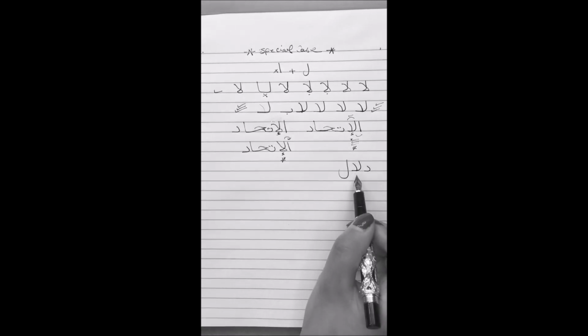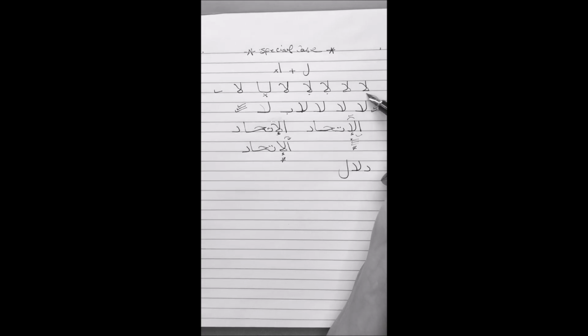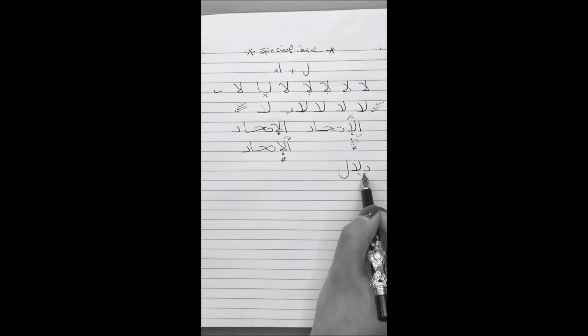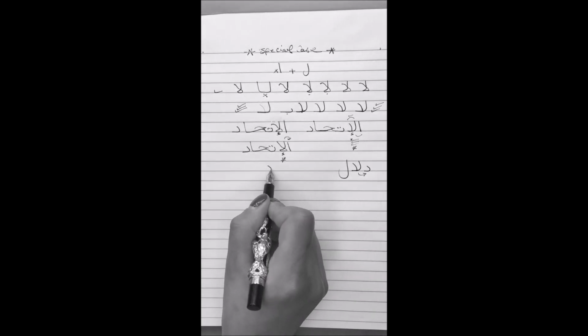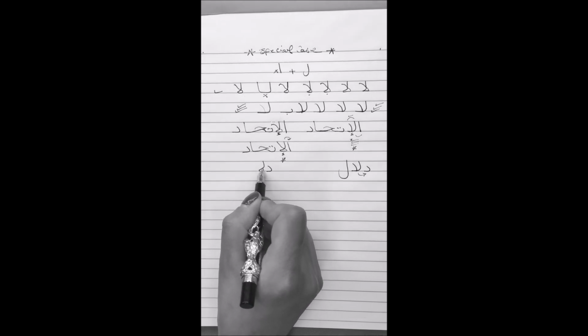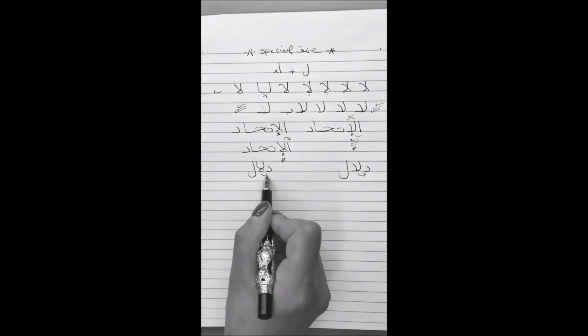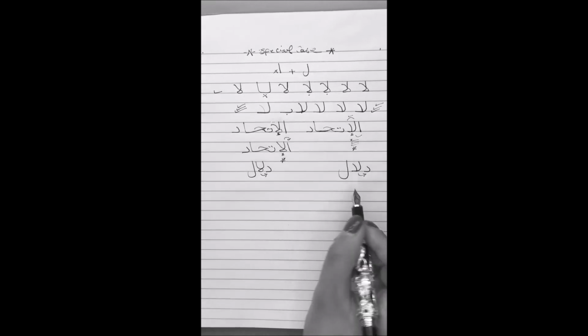Now I ask myself, can I write this lam Aleph in the twisted shape? Yes, I can. Why? Because it's preceded by another unsocial letter, which in that case is the dal. So in another way, can I write it this way? Yes, of course I can. Why? Because it's preceded by a dal. The next example,